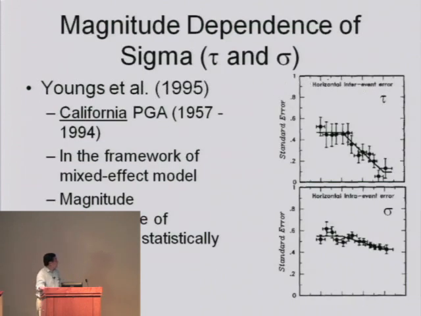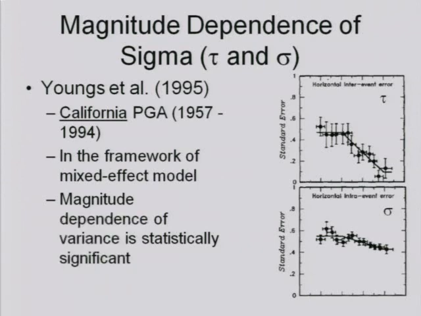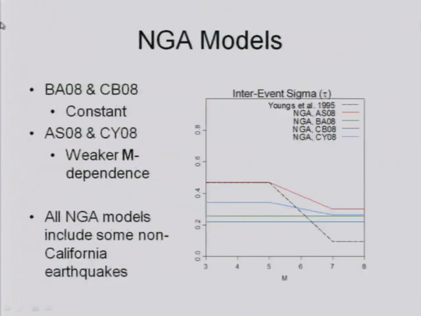Okay. The magnitude dependence of sigma has been incorporated in some of the attenuation models, and some of the researchers don't think that exists, as you probably saw earlier in Norm's and Gabe's presentation. So the empirical evidence of having a magnitude-dependent sigma is probably best illustrated in the study by Youngs